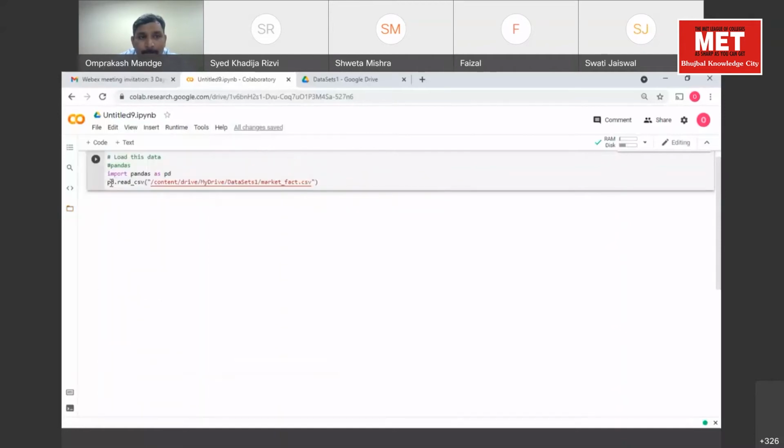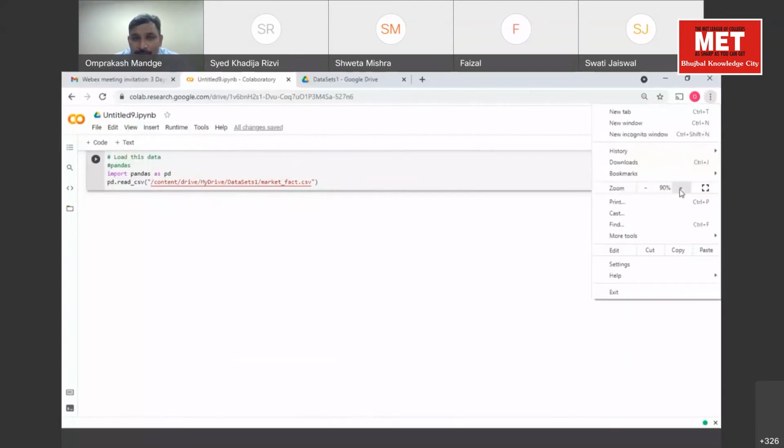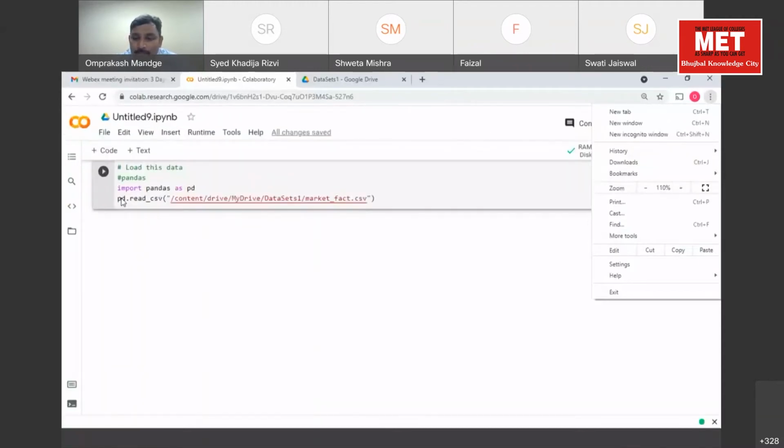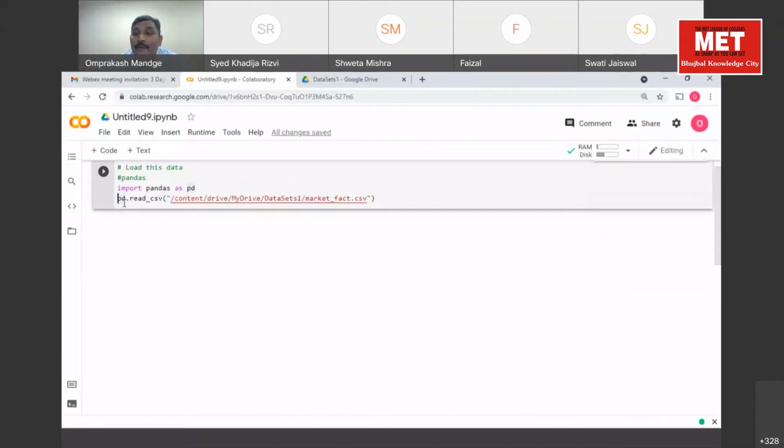So now it is pd.read_csv. This function will be executed and it will return data. Now this data we need to store somewhere. Where are we going to store it? We'll call it market data.